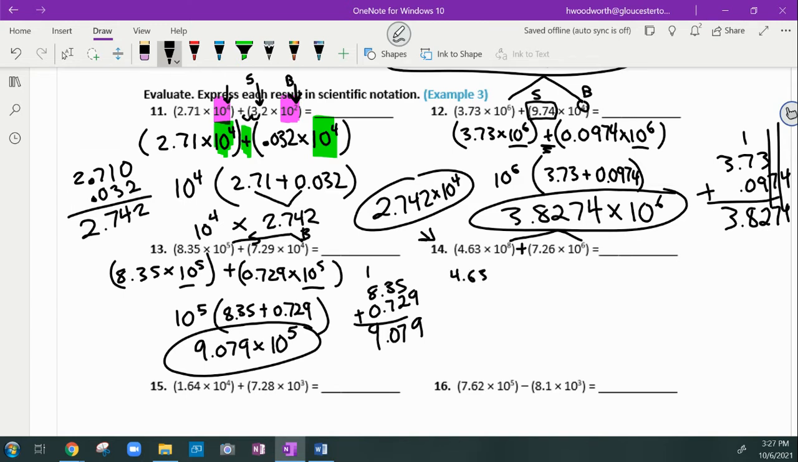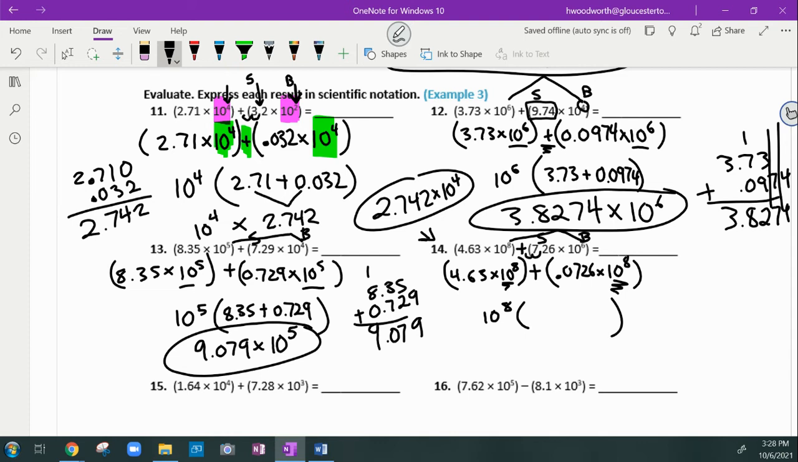So 4.63 times 10 to the 8th. We're going to add to it. We're going to change that to 10 to the 8th. So since I made that bigger, I got to make this smaller by 2 powers of 10. And that bumps it over 2 places. So 0.0726. Now, using distributive property, I find a common factor in both of those, and I pull it out, 10